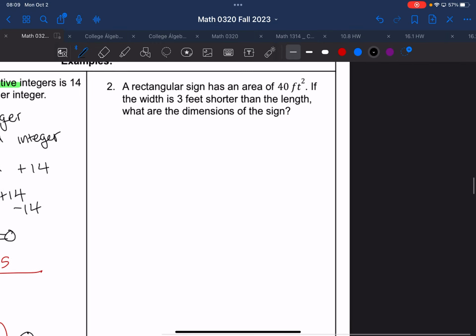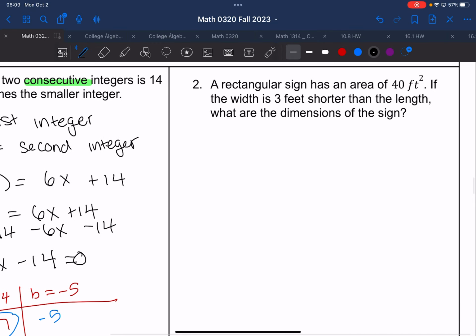Now let's look at number 2. Number 2 says a rectangular sign has an area of 40 feet squared. If the width is 3 feet shorter than the length, what are the dimensions of the sign? So for these problems, it's easiest to draw a picture. So I'm going to go ahead and draw my picture. It's a rectangular sign